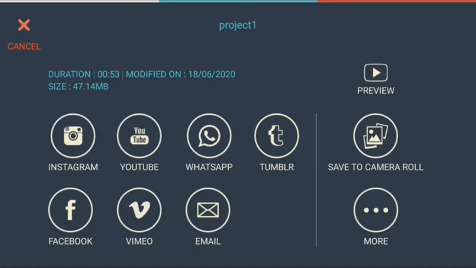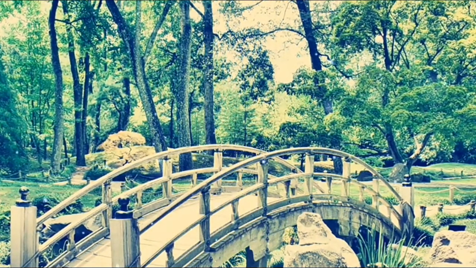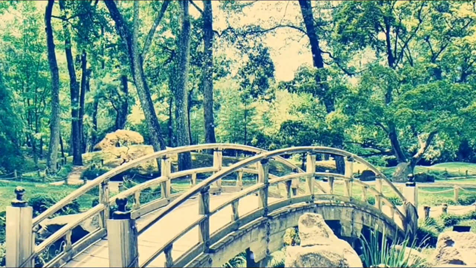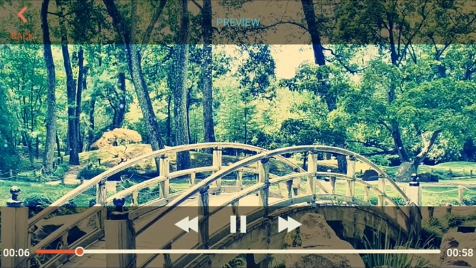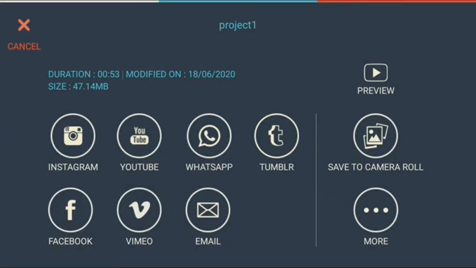and the video is exporting. You can save this file. You can also preview by pressing preview. When you are satisfied with the video, then you can save to the camera roll.